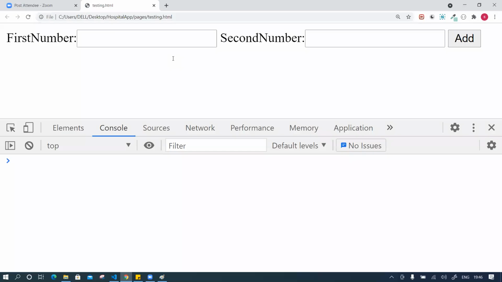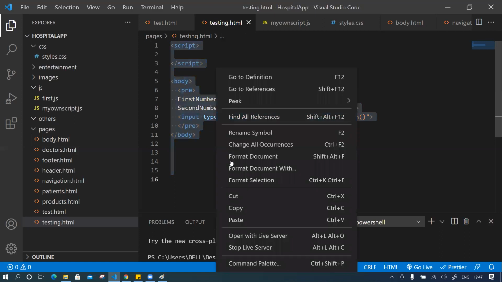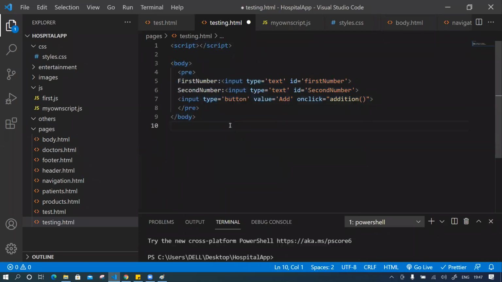Save. Okay, so here, format document. Yeah, so here I have written something, so HTML. Okay,